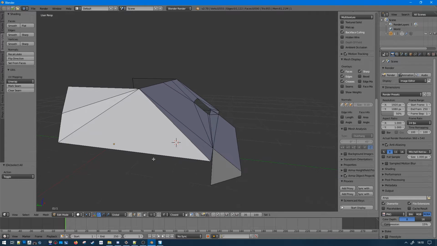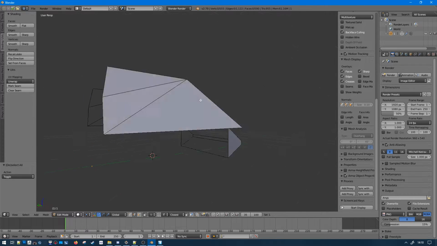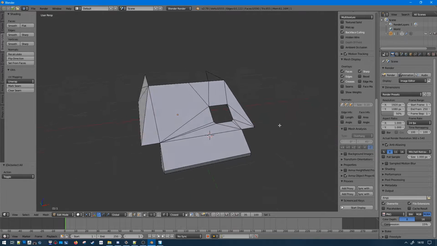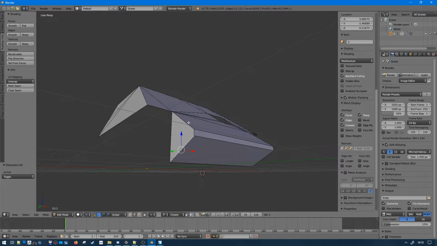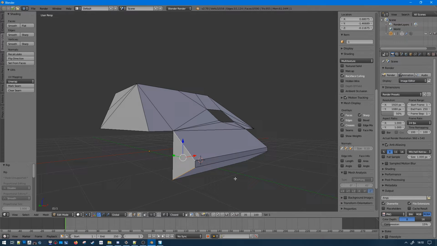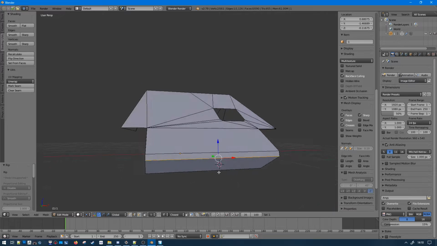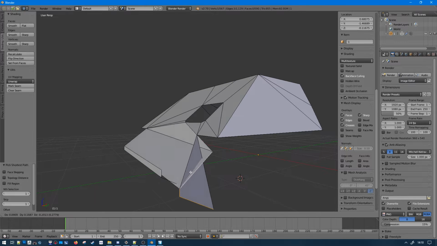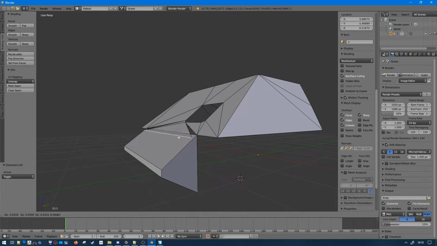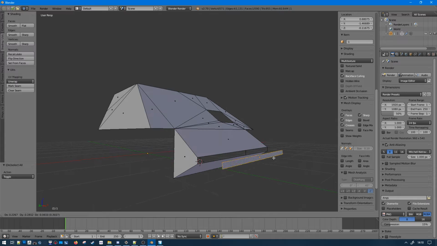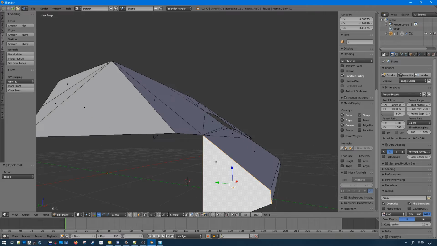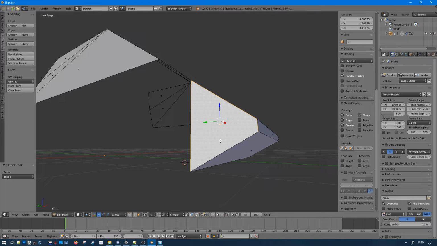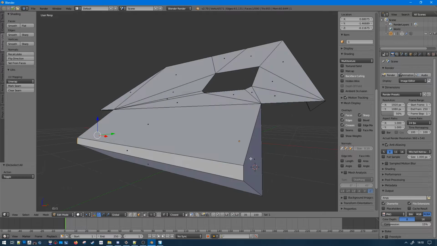Once I've done this, I go into edge mode. So this is simplified to the maximum. Okay, it's what it's going to look like as a hull. And I'm going to press V on every edge, like that, to actually have separate rectangles, or at least, I don't know what the English is, four-sided shapes.